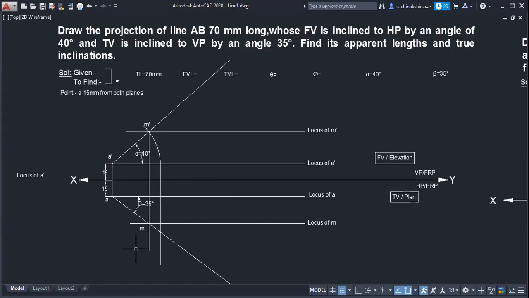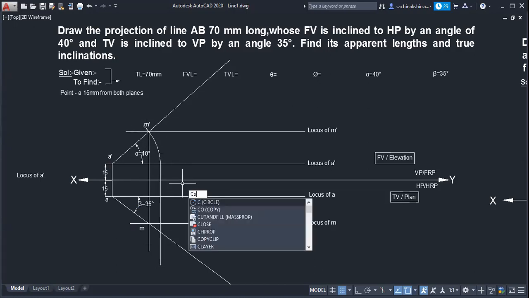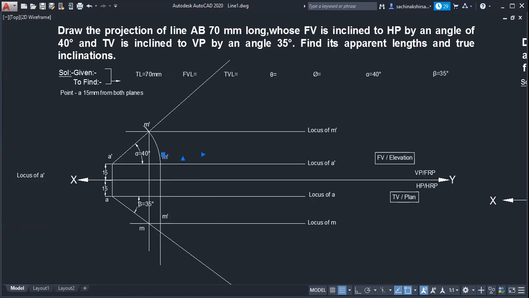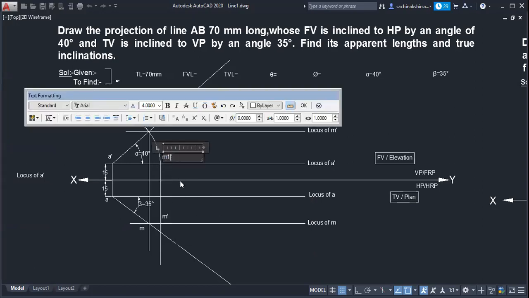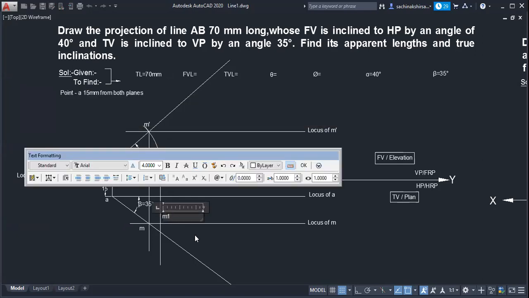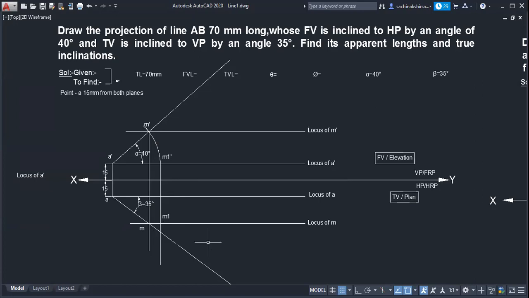Locus of M. If you join that point, I will name it M1 dash here and M1 here. Now if I join AM1,